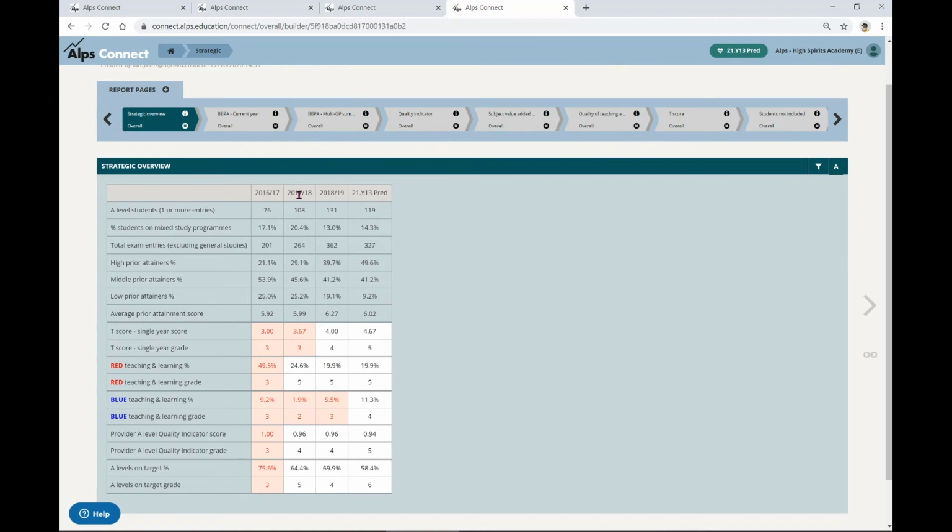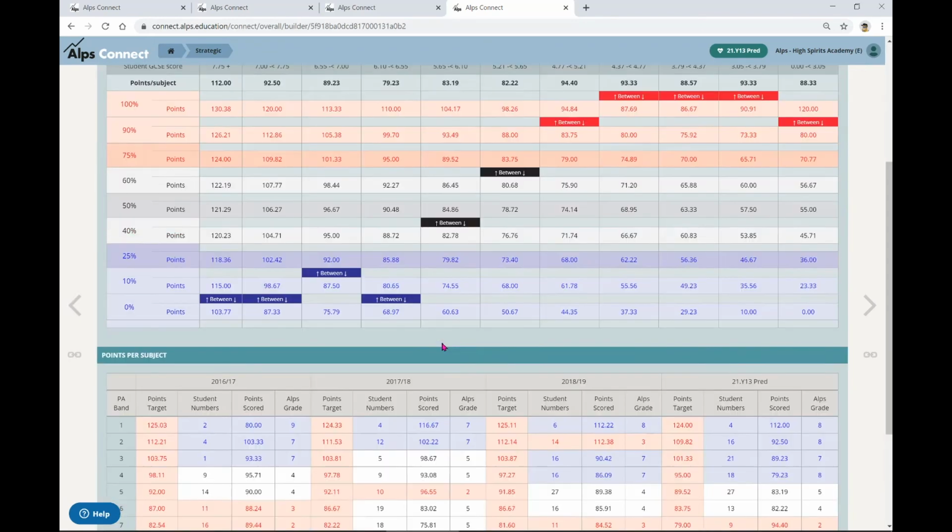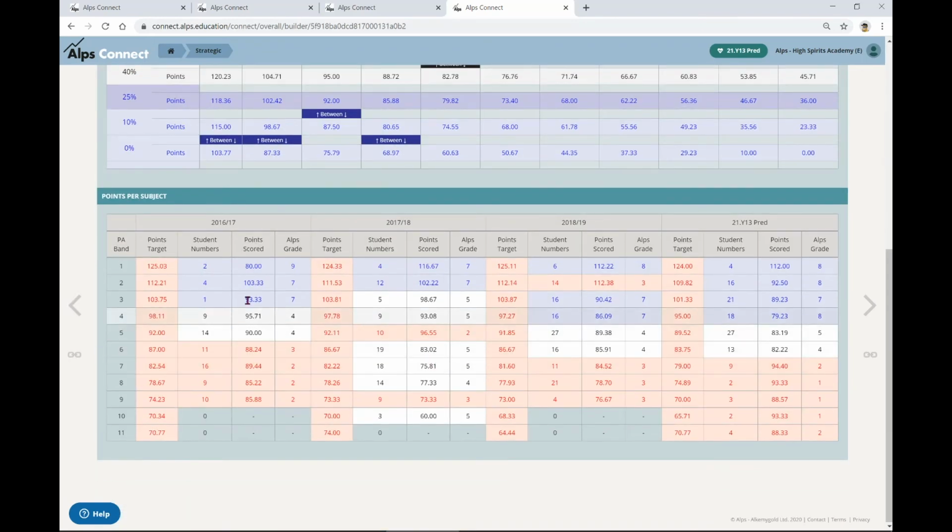So here's our last 3 years' worth of results. Remember I left out the 2020, and there's the current students. So we can look at the profile, and we can see there's quite a big jump in the percentage of students that are in the top 4 bands. So we can see that we've got more students in the top 4 bands, and yet when we look at the banded by prior attainment, it's really stark here, where we're seeing that we've got poor progress for those students in the top few bands, and we're currently predicting the same.